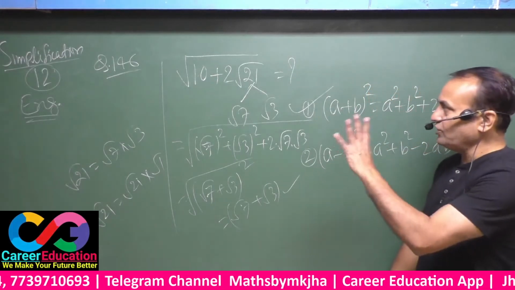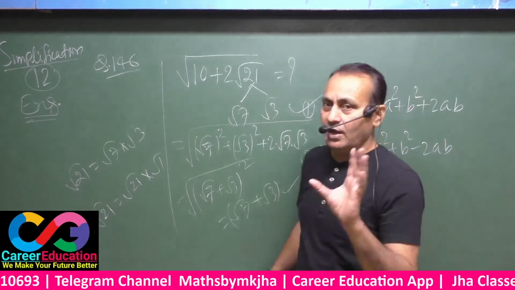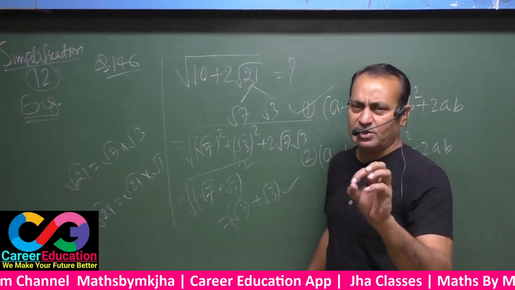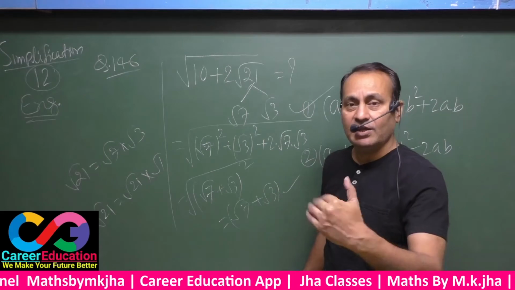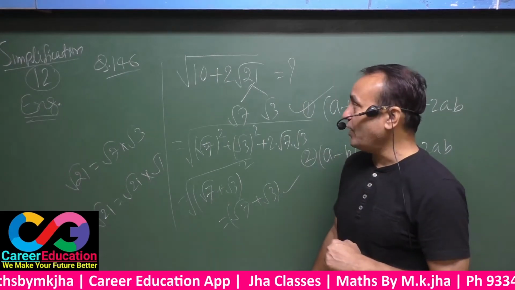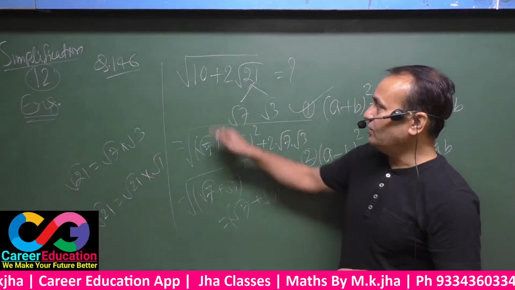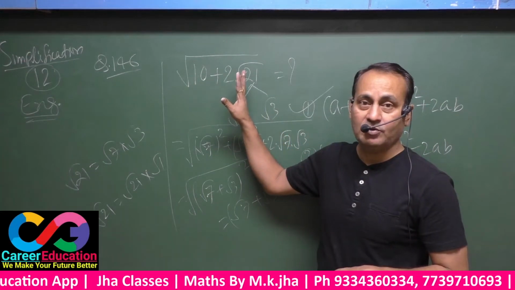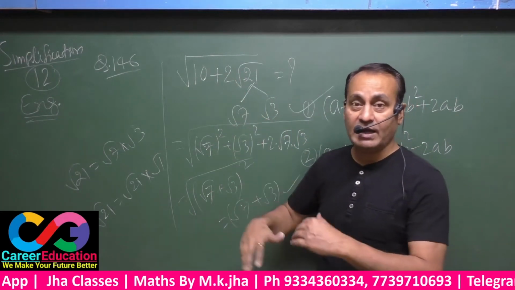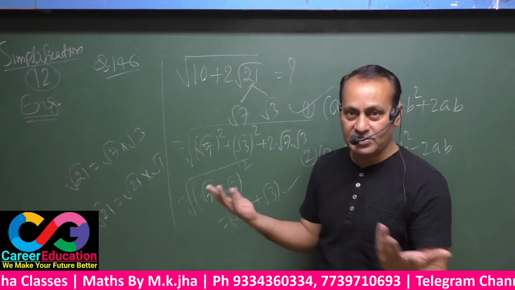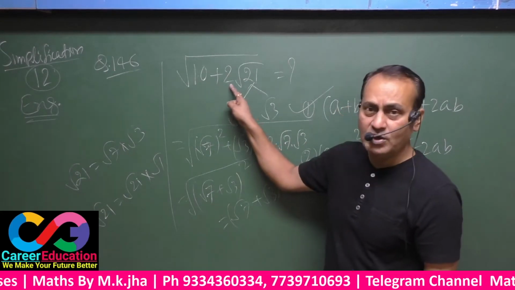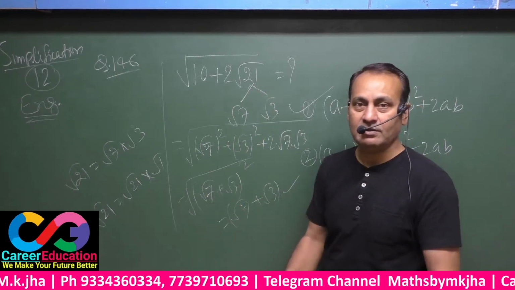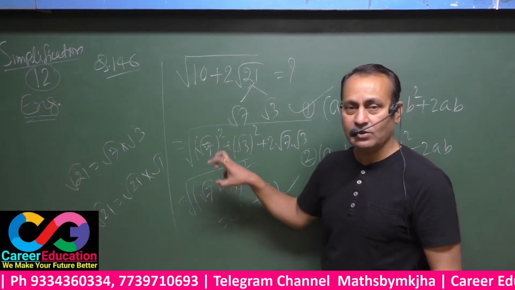There will be 4 types in such type of situations. Question will be just resembling like the same, but there must be a bit of difference there inside. That you will have to point out in the next question. 10 plus 2 root 21, that means this question is based upon a plus b whole square, and a plus b whole square has 2ab section. That means this is 2. That's why a and b has been merged here, multiplied here. That you pointed as root 7 and root 3.